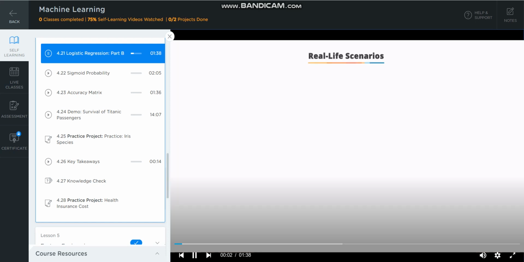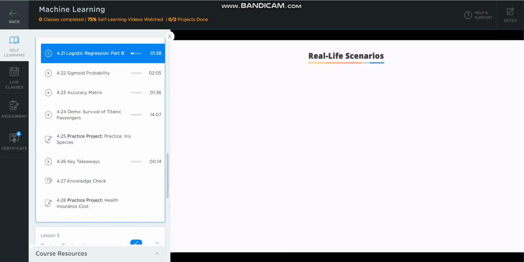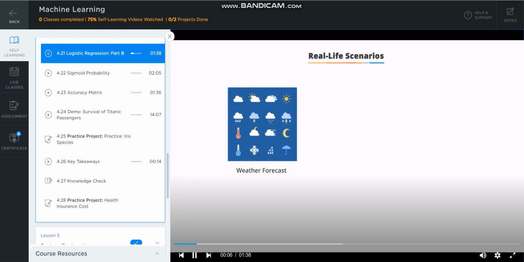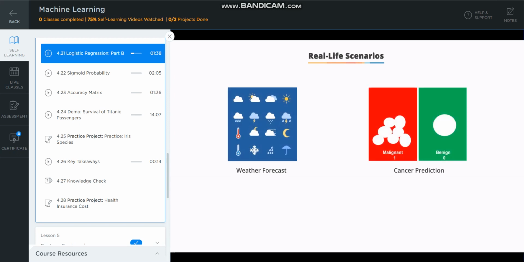Regression, let's look at some real-life scenarios. Logistic regression is used in weather forecast and in cancer prediction. Logistic regression is used to predict a categorical outcome that is 1 or 0, yes or no, true or false. For weather forecast, the binary dependent variables indicating the occurrence of sun, cloud, storm, and rain are separately regressed against